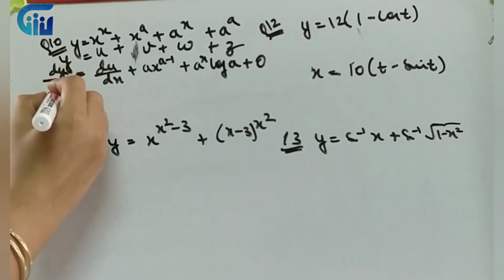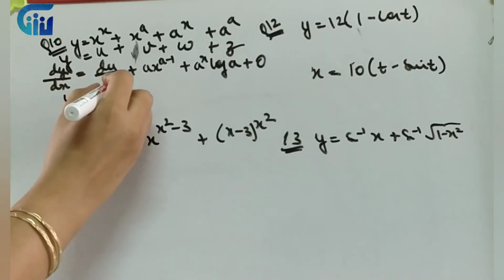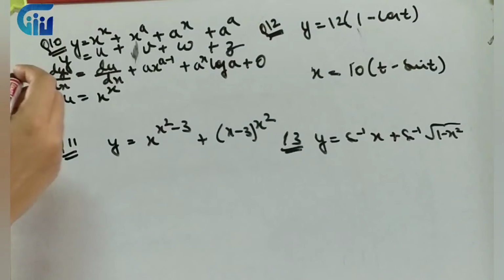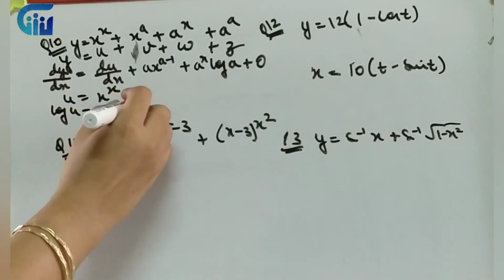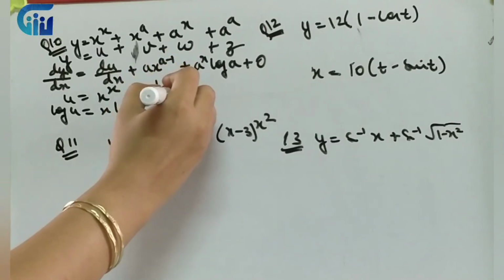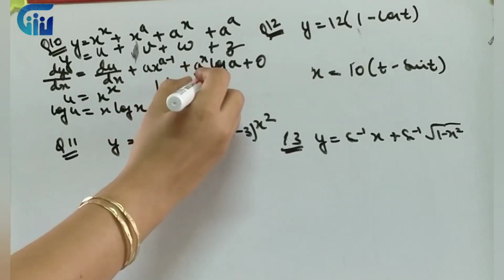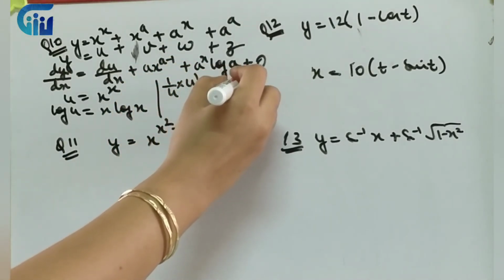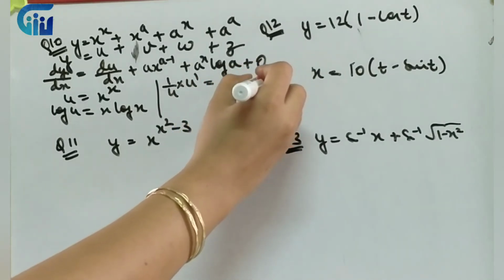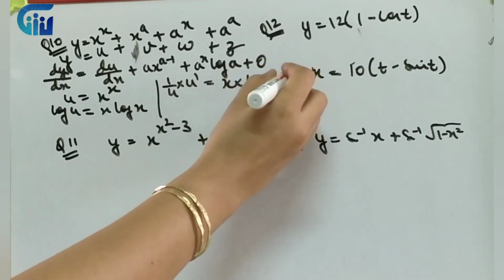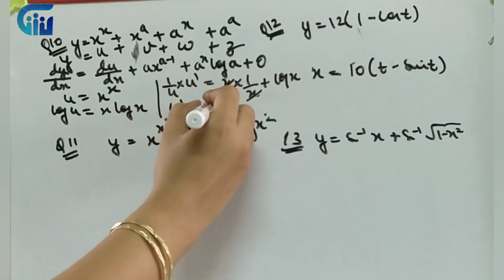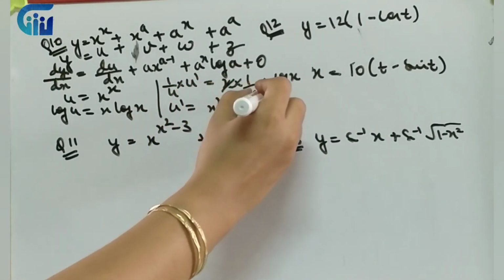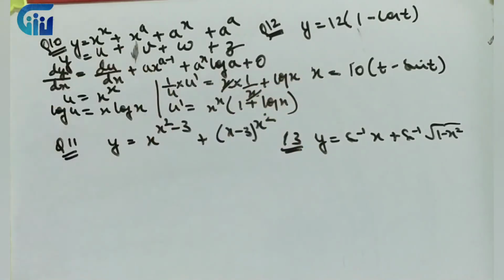Right? So only thing is u, which is x to the power x. Variable, power is a variable. So we will take log and find its derivative. So the derivative will be 1 upon u du by dx, that is u dash. By product rule, x as it is, log x derivative is 1 upon x, plus log x derivative for x is 1. So du by dx will come as u, that is x to the power x, times 1 plus log x. So that I'll put in over here, and that will give me the answer, right?